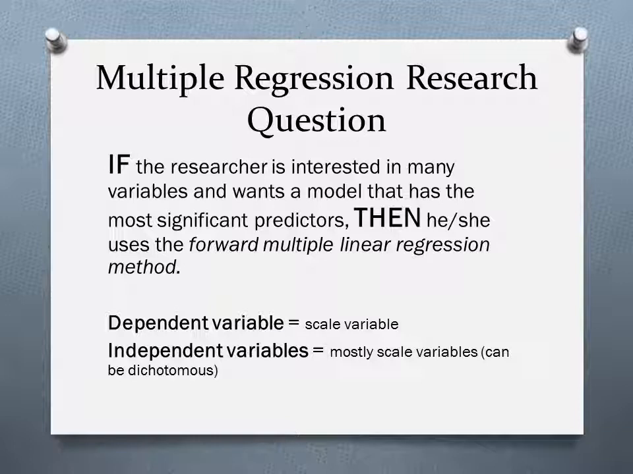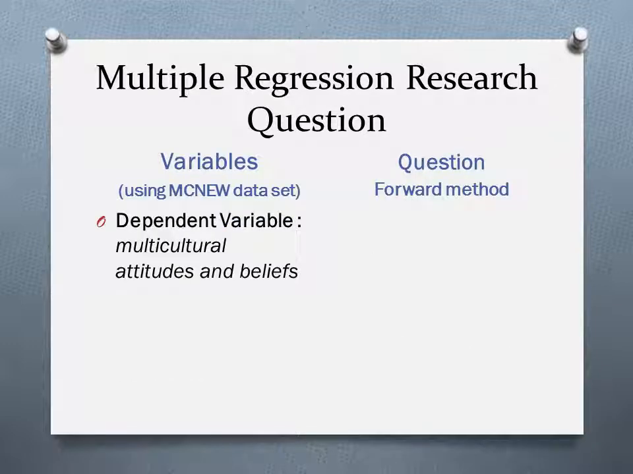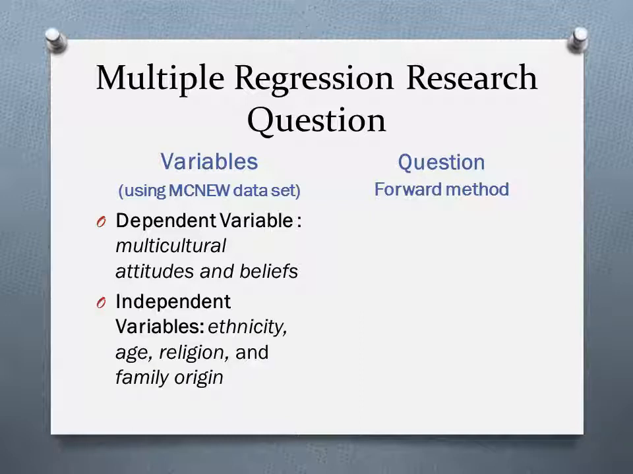If the researcher is interested in many variables and wants a model that has the most significant predictors, then he or she uses the forward multiple linear regression method. In this method, the dependent variable will be scale, and the independent variables will be mostly scale variables but can be dichotomous. The variables in this case are the dependent variable, multicultural attitudes and beliefs; the independent variables, ethnicity, age,